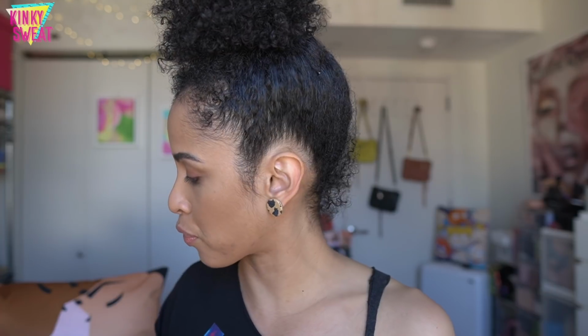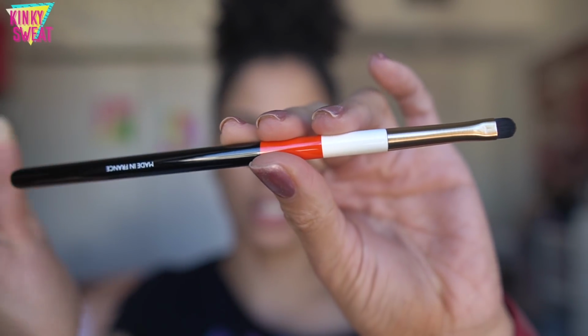And I got the freaking brush. This brush, I believe, is like $75. What is wrong with me? I had to get it. The color blocking is,